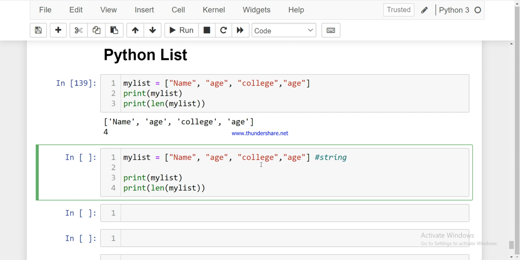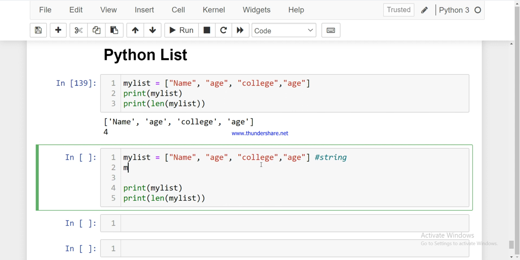And for the second list I'm doing my color list, let's say color. The colors will also be strings.